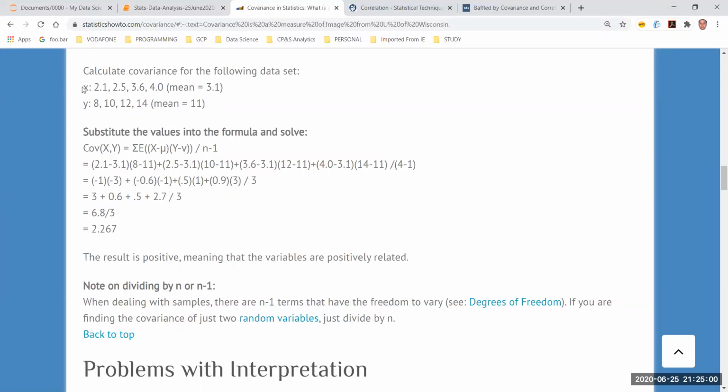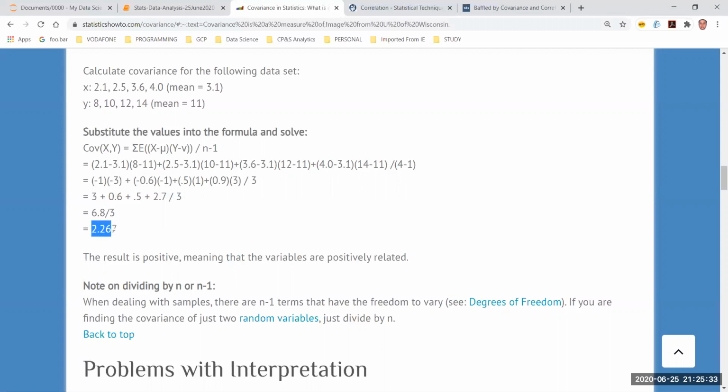Why 4 minus 1? You see, there is a problem here. 4 minus 1 is something that we need to do because we have to take the values of random variables x and y, where the number of x's I've taken is equal to the number of y's. Otherwise, covariance cannot be calculated. This is one of the restrictions of the exercise. In this case, n is 4, so I divide by 3. Solve for each and every portion, and then you get the number.